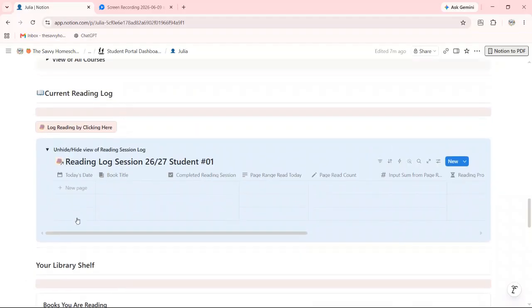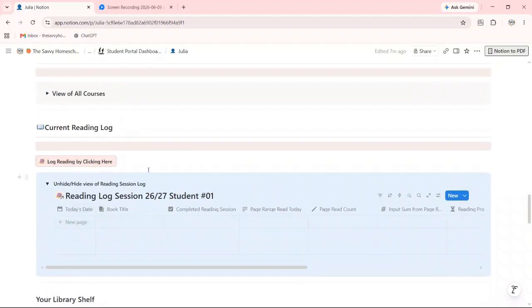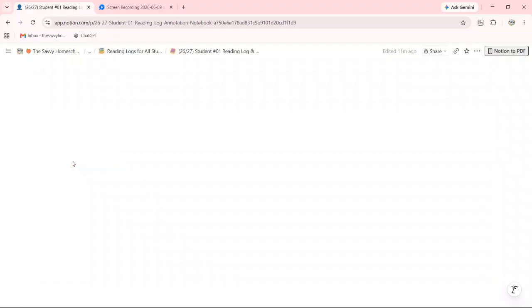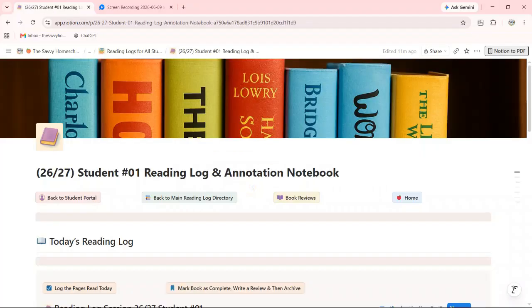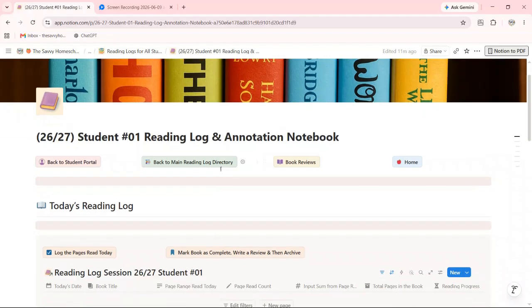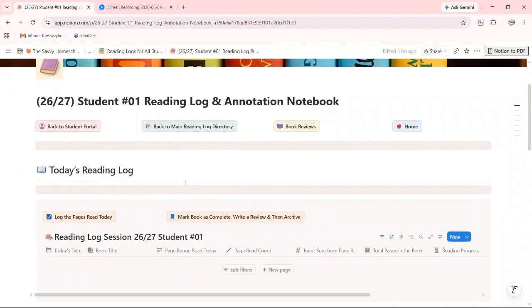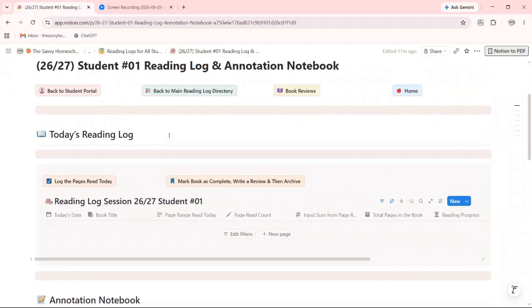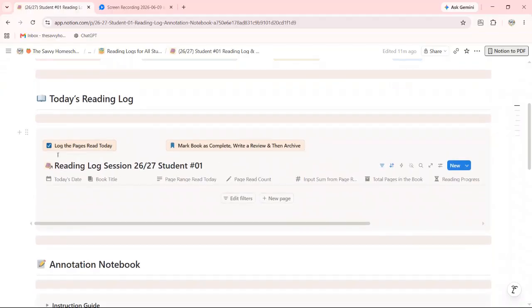Okay, so we're going to come up here. This is what your student needs to do to log books for reading. They would come here and click this little button. She could do this for both courses and for silent reading, but we're just going to do this for the one that we just checked out as a library book. What she needs to do is log the pages read today. So she just clicks this open